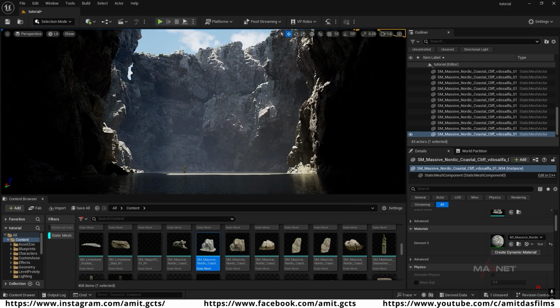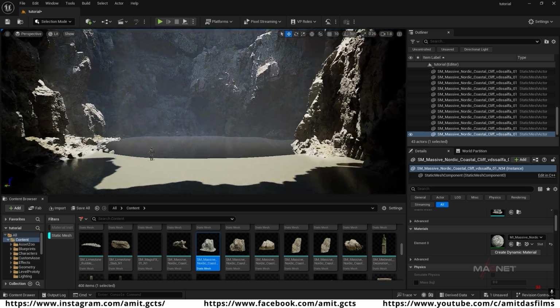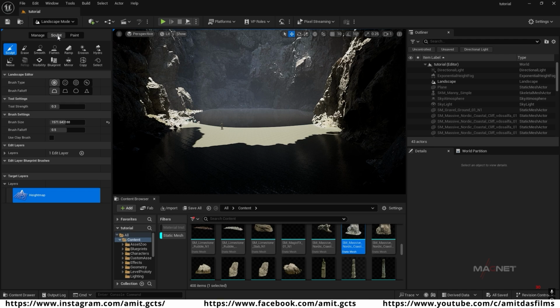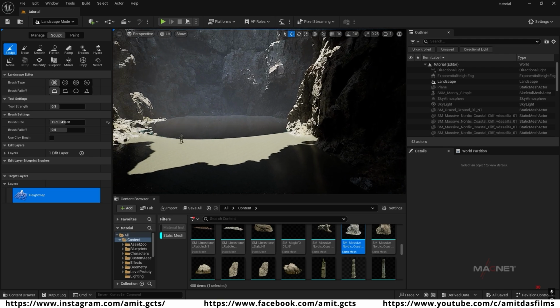Okay, so this is our basic structure. As you can see, this looks very cool here. Now we're going to fill all this area with water. For this, we go to the landscape mode again. So we go to the selection mode, and then we go to the landscape. Then select the sculpting mode here. Then we go over here,